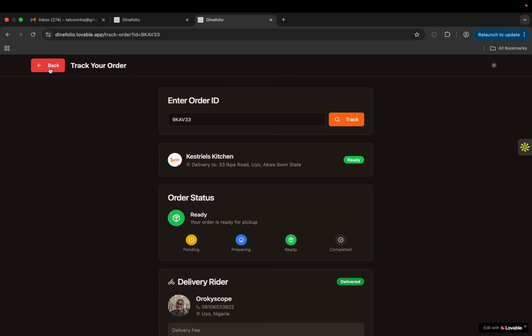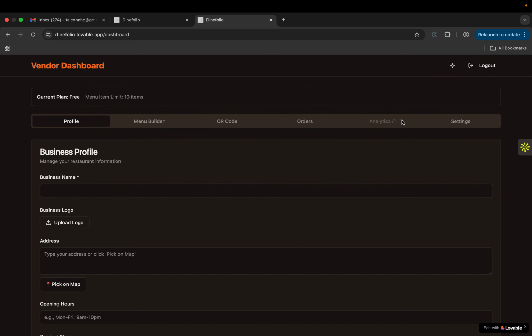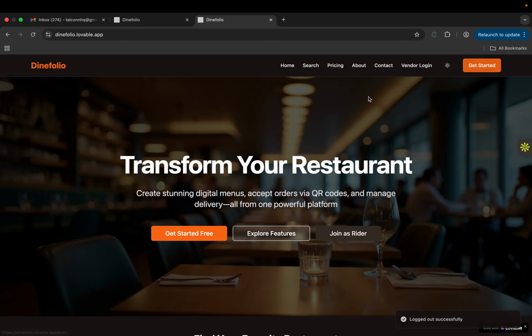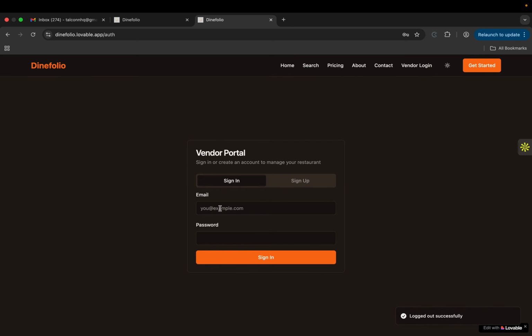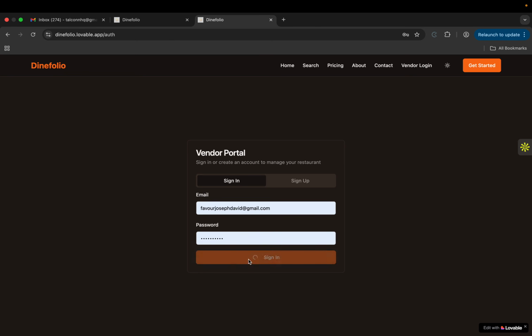Okay, so the next thing I need to do real quick: I've shown you how the dispatch rider works, I've shown you how the vendor works, and I've also shown you how the customer works. So let's go back to the vendor's dashboard real quick. Let me log out and log in and walk you through some other things I never mentioned. So here